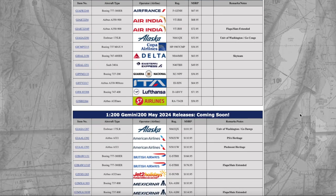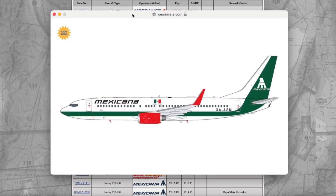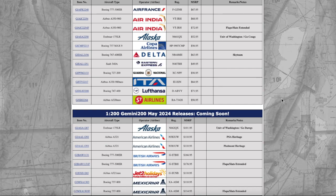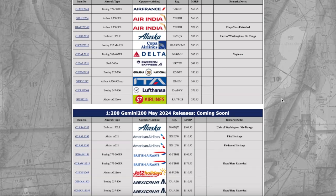And next up, we should have the flaps down version of this aircraft. So coming in at a $4 price increase for this model right here in 1-200 scale. And just like the difference, it's flaps down. Alright, so now we move on. I'm kind of going through this quickly because once again, I gotta prepare for my flight lesson. So that's that. So now we move on. Next up, we should have